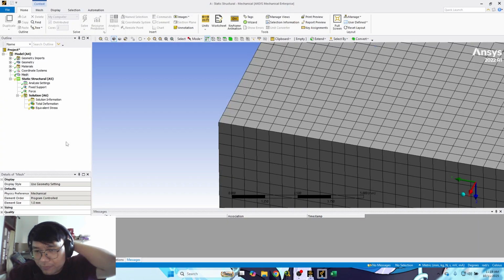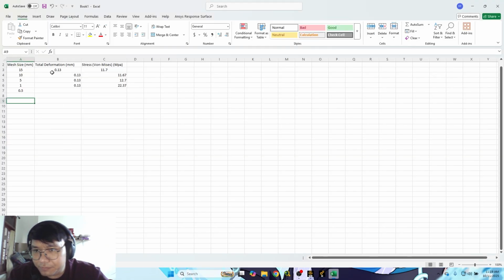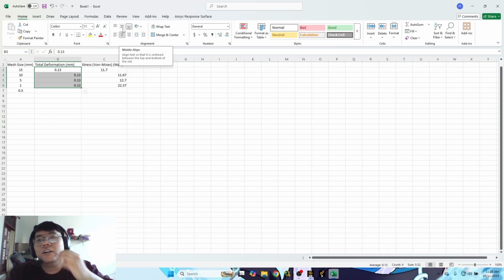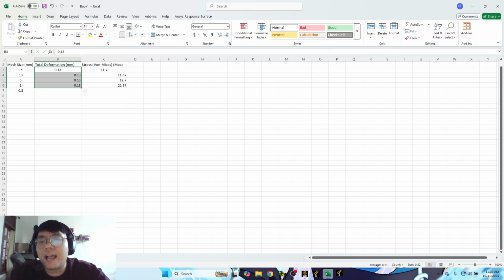So you can see the results that we got for each different mesh size. There is no change in the total deformation, it is still stable at 0.13 millimeter.